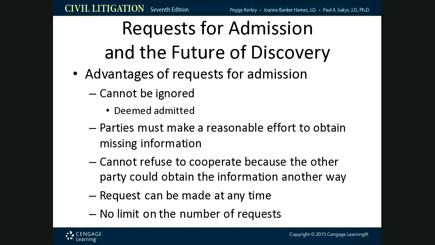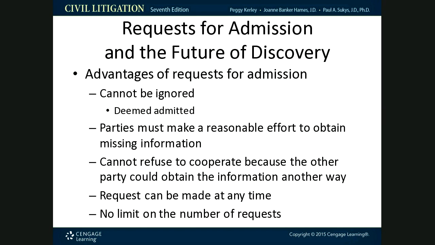Okay, so requests for admissions are right. They can't be ignored or they're going to be deemed admitted. The problem is that that is a situation that really has no teeth. Why? Because if you fail to answer admissions, they're automatically, by operation of law, deemed admitted. You used to have to file a motion to deem facts admitted, but you don't have to do that anymore. If after the due date of those admissions, let's say where they were served by certified mail, 30 days pass, and you don't answer the request for admissions, hold on one second, sorry.